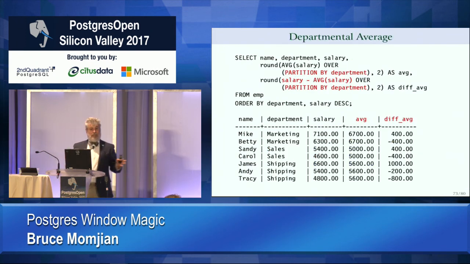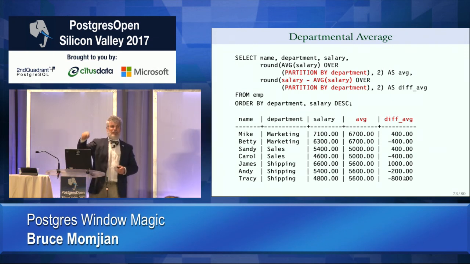The wheels start to come off here when I decide that I actually want to compute my averages and my differences by department. This is because a lot of times you get into a case where you want to look at department changes and you don't want to compare somebody in marketing with somebody in sales because they're just different purposes to the company, let's say. Okay? So now I'm looking at marketing compared to the other person in marketing, and I have a difference to the average. I look at sales, their difference from the average, and then I can look here. These are my salary differences for my shipping people compared to the average, not of the company, but the average of the salary in the shipping department.